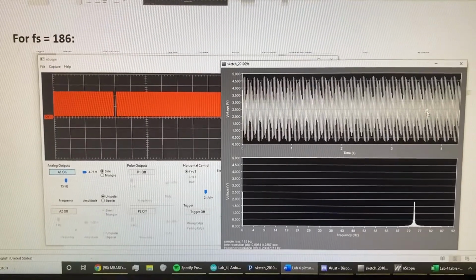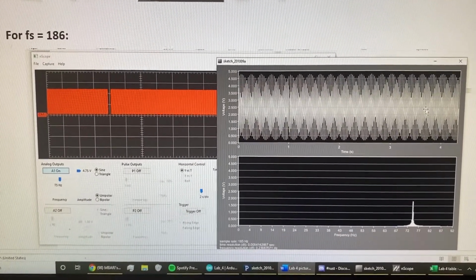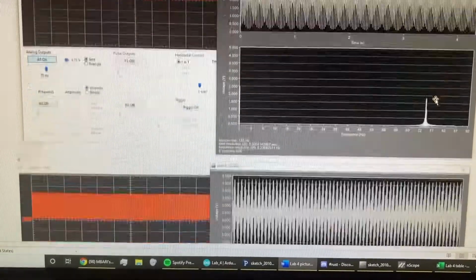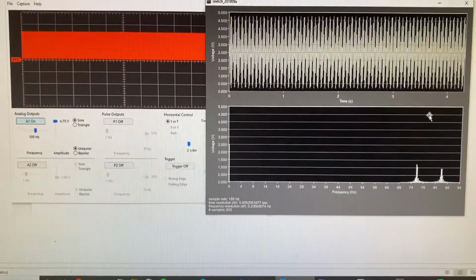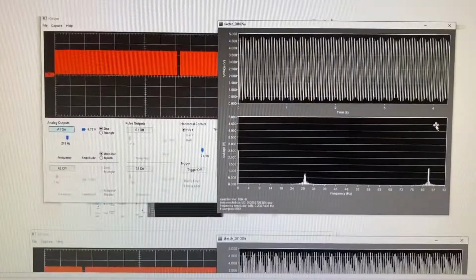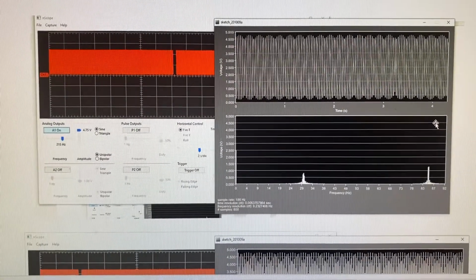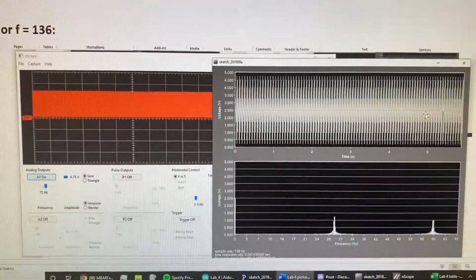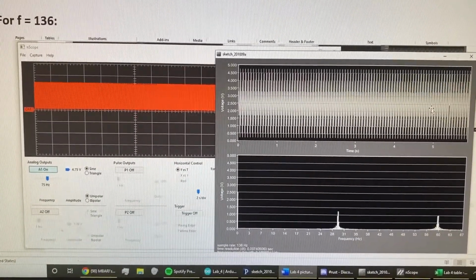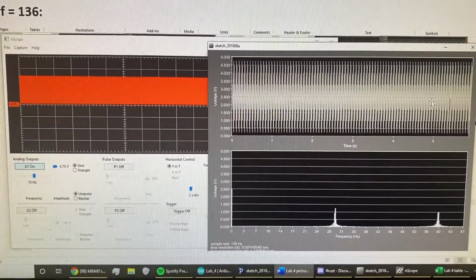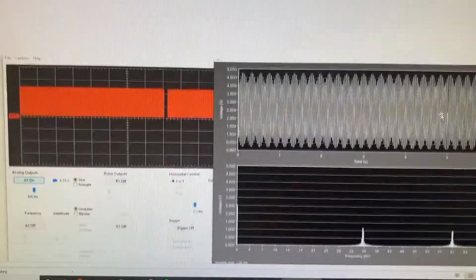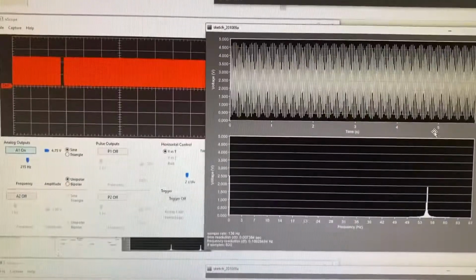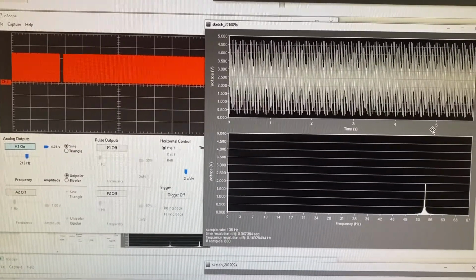Now for a sample frequency of 186, this is what I got at 75 Hertz, at 100 Hertz, 215 Hertz, and 300 Hertz. Now for a sample frequency of 136, this is what I got for 75 Hertz, for 100 Hertz, for 215 Hertz,